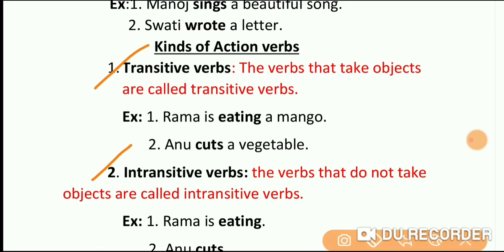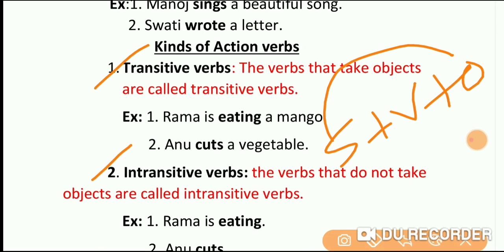As you all see in tenses, subject plus verb plus object. You can study it in tense. Means the verbs which take subject as well as object. Subject means noun or pronoun, object means noun or pronoun. So in which sentence can we see two nouns? You got my point? Object must be followed by noun, and subject will always be noun or pronoun, but object must be followed by noun.